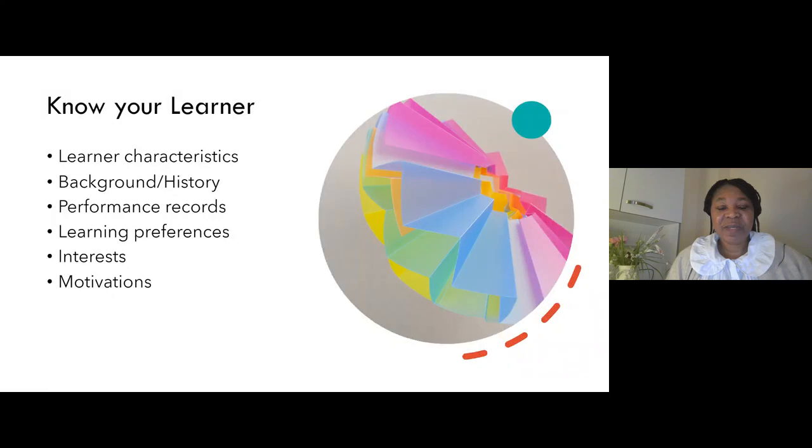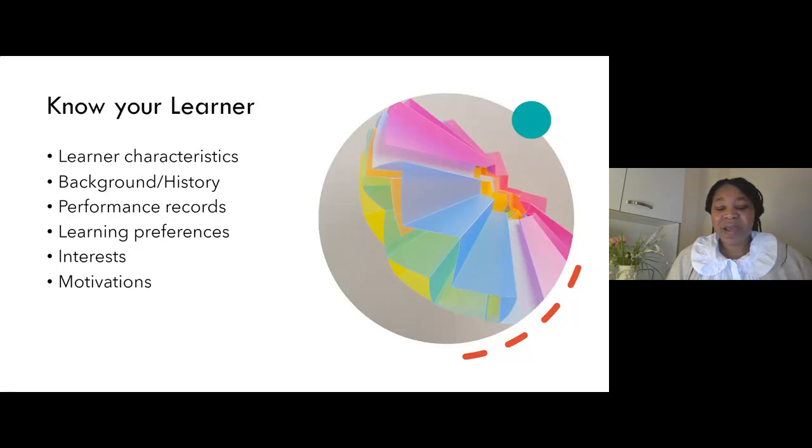They don't like to be criticized. They rush through their work, and they can make mistakes. They could be quite talkative. Some of them could be shy. So you need to know your learners. So whether it's a gifted and talented child, or an average learner, or a child with learning difficulties, we need to know the learner by their characteristics, by their background, by their school records, by the ways